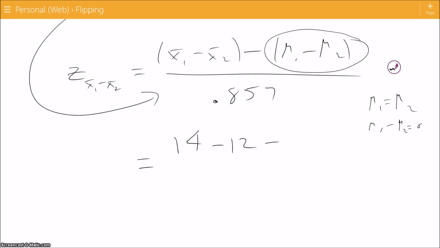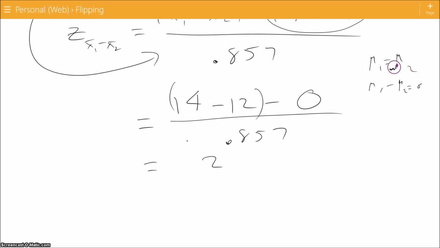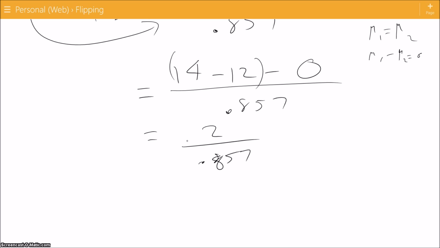So since I'm testing to see if one is greater than the other, I'm just going to plug in 0 there, because they cancel each other out. Don't let me forget the parentheses there. All right, and again over 0.857. Simplify the top, you're left with 2 over 0.857, which would give us